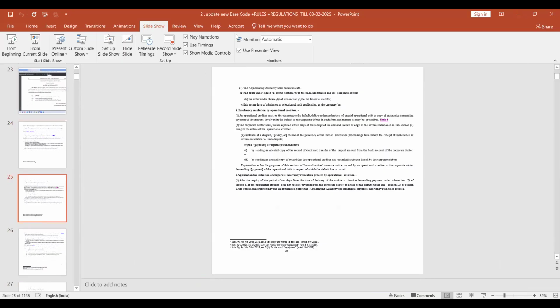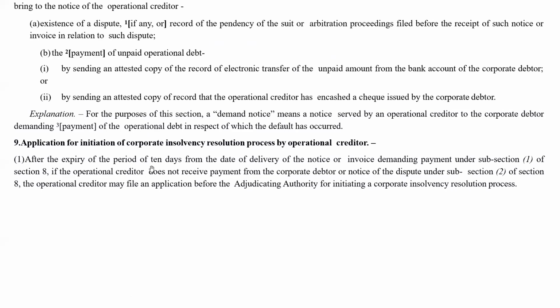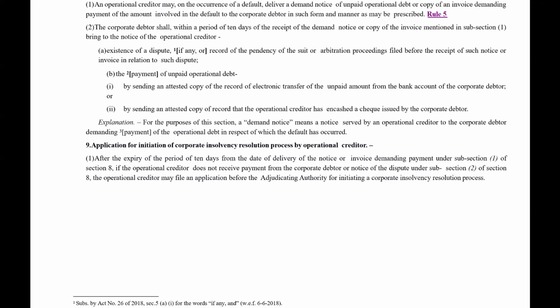Now section 9. What section 9 says? Section 9 says application for initiation of corporate insolvency resolution process by operational creditor. So it says after the expiry of the period of 10 days. So 10 days the operational creditor has issued a demand notice or copy of invoice. 10 days have expired. Then on the 11th day, after the expiry of the period of 10 days, from the date of delivery of the notice or invoice demanding payment, under section 8,